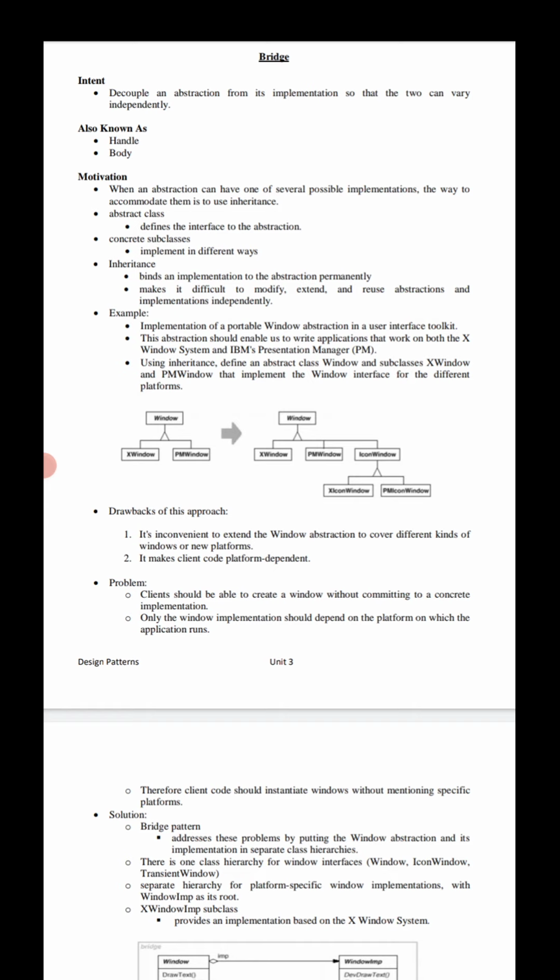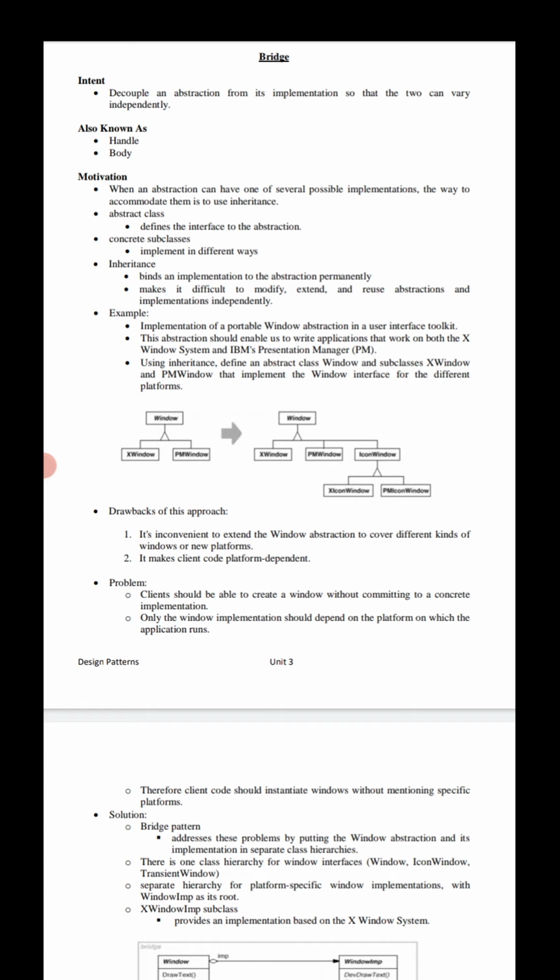Here the abstraction layer is one class and the implementation layer is another class, so that the two classes can vary independently. We need to maintain decoupling, separating an abstract class from its implementation class, while the code of both abstraction and implementation is encapsulated.